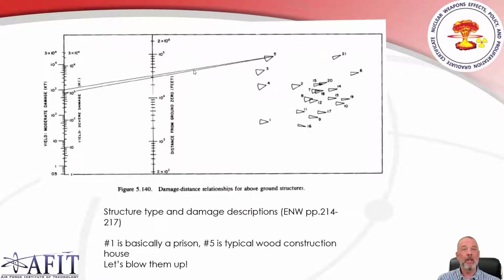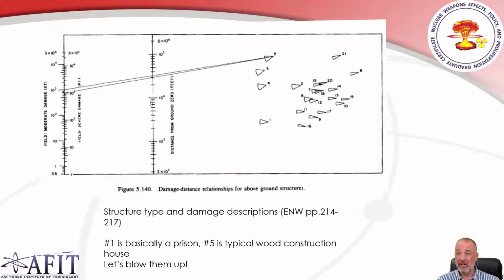So if we want to know what kind of damage is going to occur, or at what distance our moderate and severe damage is going to occur, we're basically drawing lines into these cones that represent the building types. So let's take, for example, what's on here, which is a 1 megaton weapon, or 1,000 kilotons. So if we draw a line from where it's marked on the moderate yield, and we trace it all the way out to the vertex of this little cone, we find out that moderate damage will occur